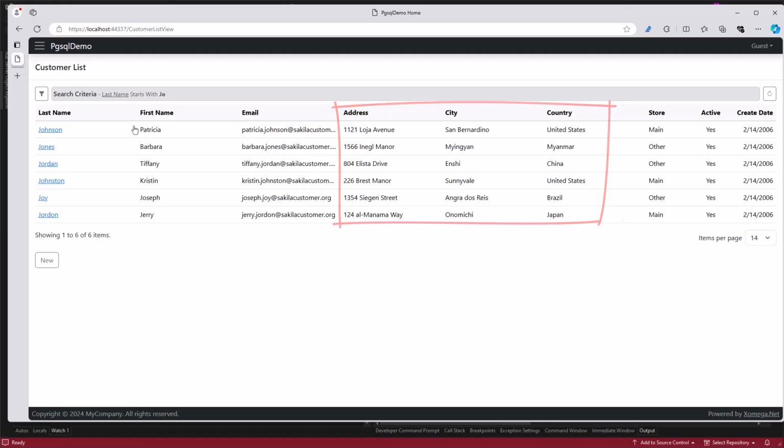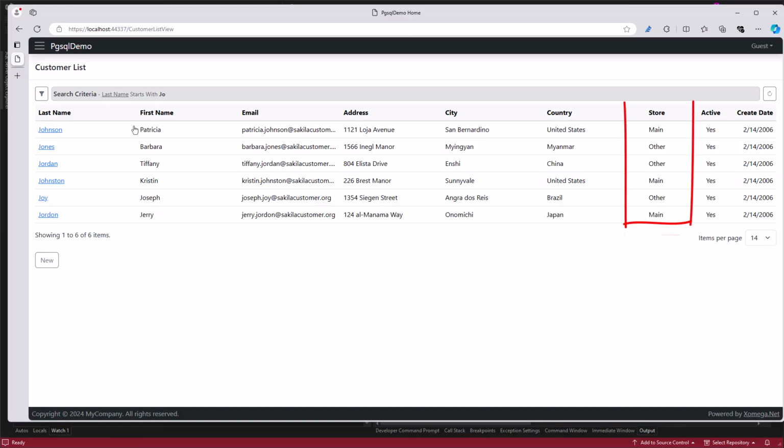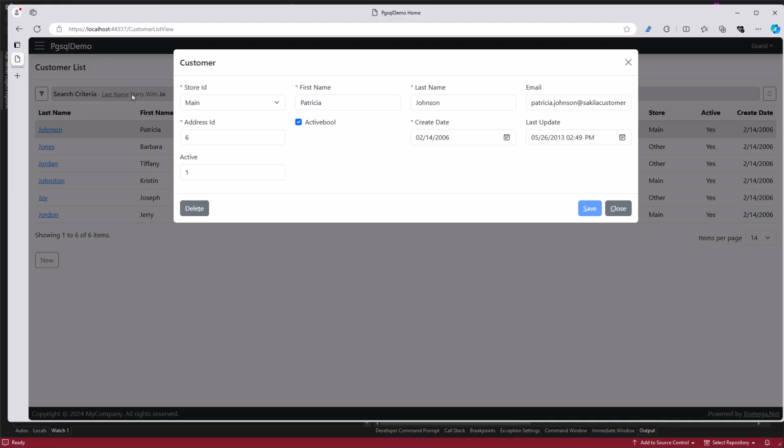The customer address fields still show the right values, which means that our custom code has been preserved when we regenerated all artifacts. Now notice that instead of the internal store ID, our customer list automatically shows the values of the store name that we added to the store object. If you open details of one of the customers, you can see that the store ID field is now edited with a drop-down list that shows the store name and saves internal store ID in the database.